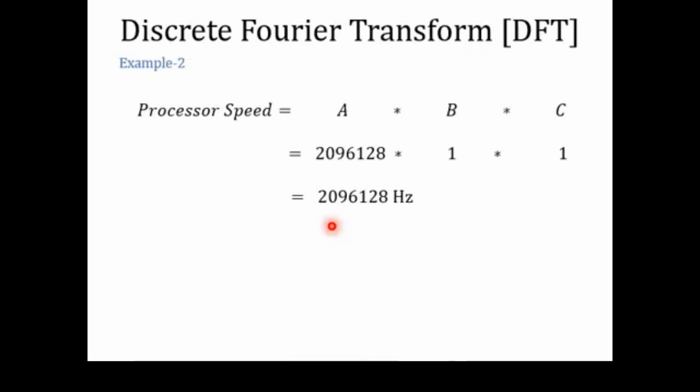And the conclusion of this numerical is that if we use the 2.096 megahertz computer, then it will have 2.096 million clock pulses in 1 second. And as the processor architecture which was given in the numerical statement, it can solve one computation in one clock cycle duration. And the requirement of computations was also 2.096 million computations. So it means that the resultant processor will solve every real computation in a single clock cycle duration. So after completing 2.096 million clock cycles, all the computations will be done by our processor, and after those required computations we will get the